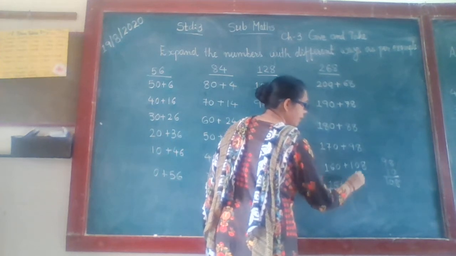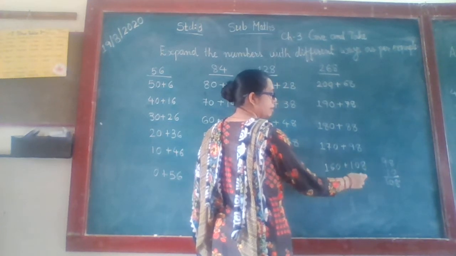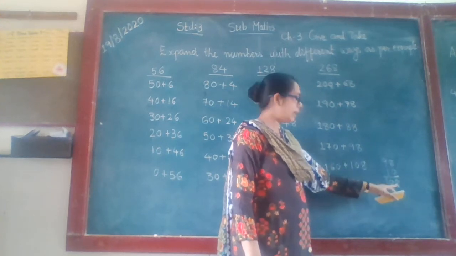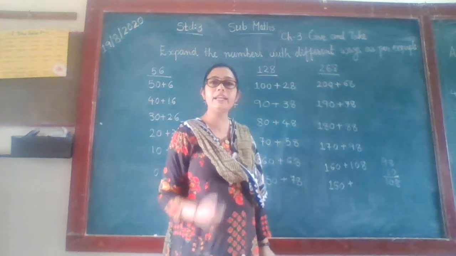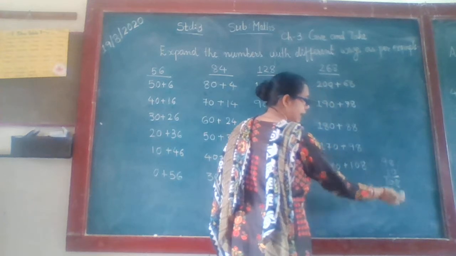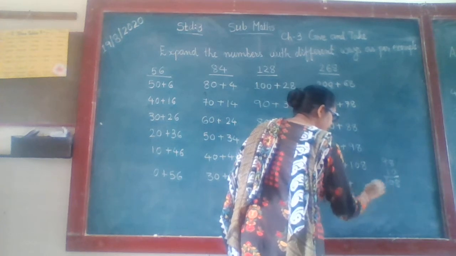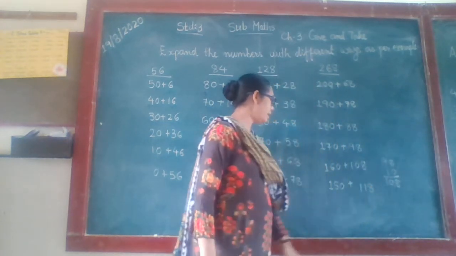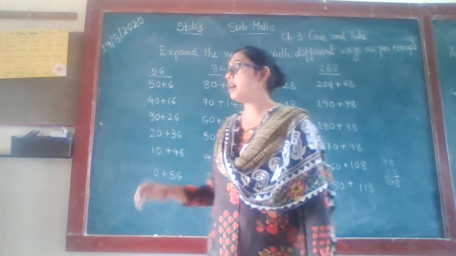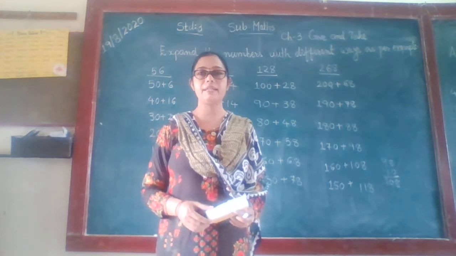Okay. Again 160 minus 10, we get 150. Here we have to add 10. Okay, so 108 plus 10. I told you that the ones digit remains the same and in the tens digit we have to add only 1. So the ones digit remains the same, it remains 8 only. In the tens place we have to add 1. So 0 plus 1, 1. So it becomes 118. So I hope you have understood how to expand the given number in different ways.